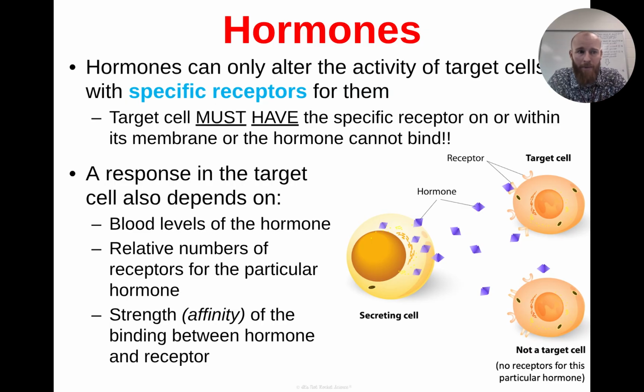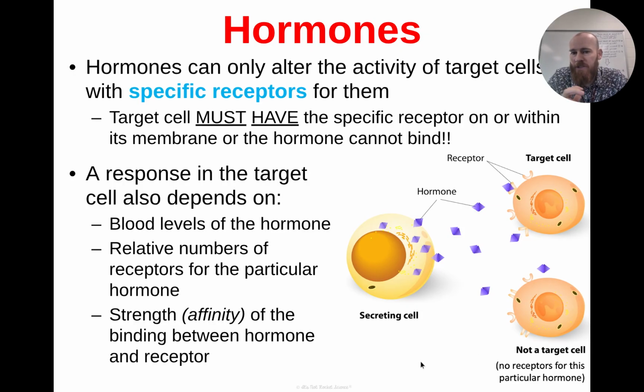those specific receptors, okay? Now, if there's a cell that can respond in any circumstance, that means that it's going to respond in every circumstance, okay? So this is why sometimes hormones can impact a whole lot of different organ systems all at the same time, and cause pretty drastic changes in how our body behaves. So the target cell has to have that specific receptor, or that hormone just simply will not bind to it, right? Meaning that it has to have the right lock in order for the key to go in at all,